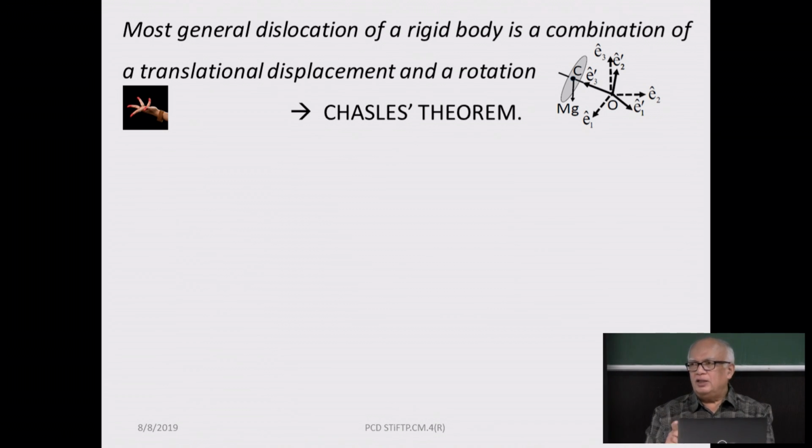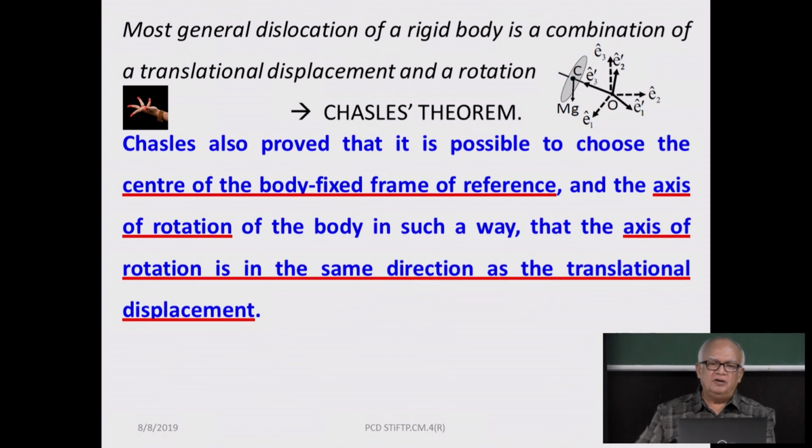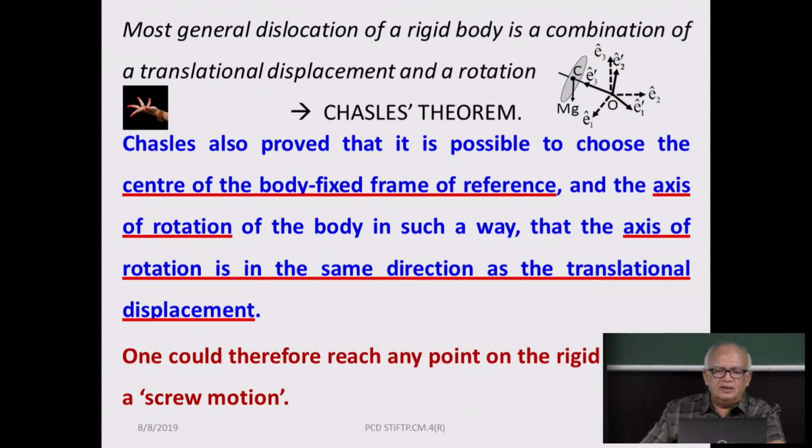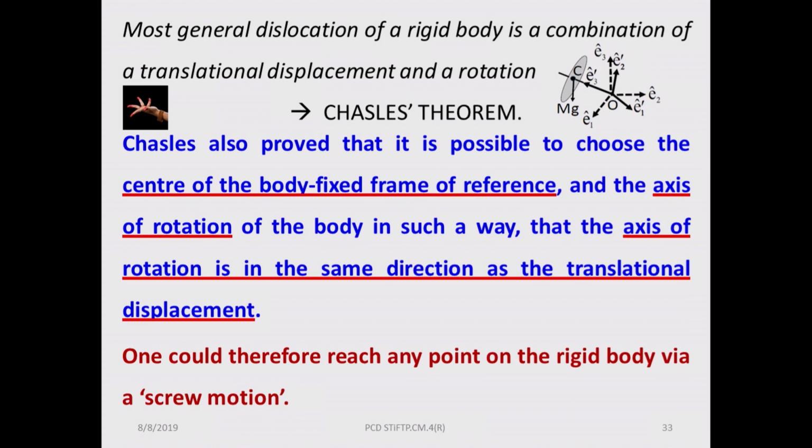So in other words, you can think of a screw. The way the screw would propagate, you can have it along that particular axis, and then a rotation of the screw will give you the rotating frame of reference. So any transformation can be brought down to the rotation of a screw. This is called a screw motion, and this is very useful. Chasles' theorem is very useful in describing